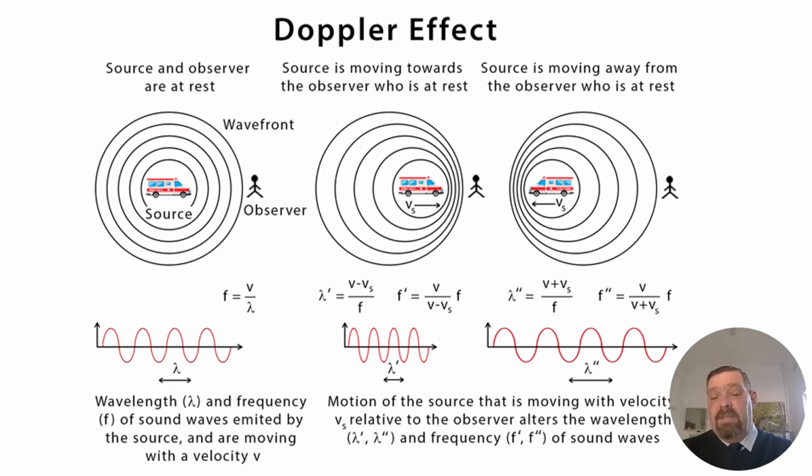If I move over to this diagram, the ambulance has now started moving. The source, remember? It's moving towards the observer, and the observer hears a higher pitch. Why? If I look at these transverse waves, can you see that the wavelengths are shorter? So I'm squashing more waves into a short period, and therefore it sounds to have a higher pitch. The frequency, how often those waves come, has become more.